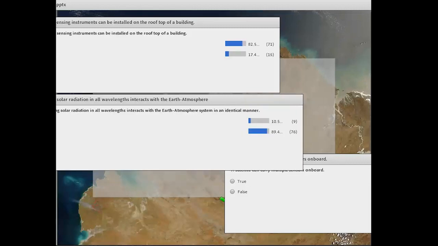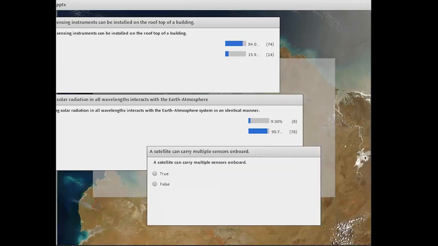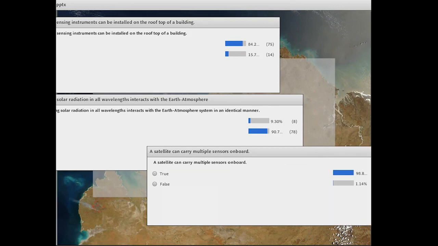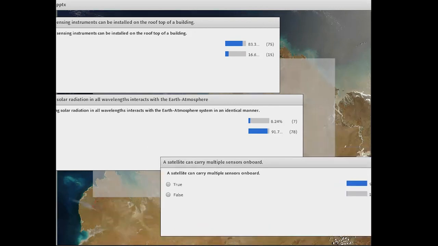They interact in different ways because it depends on the wavelength, and it also depends on the properties of the Earth atmosphere system. And the third question: a satellite can carry multiple sensors. Most people have answered it correctly. Yes, it's a true statement, and we'll talk about that a little bit in a few more slides. So with that, let's move on